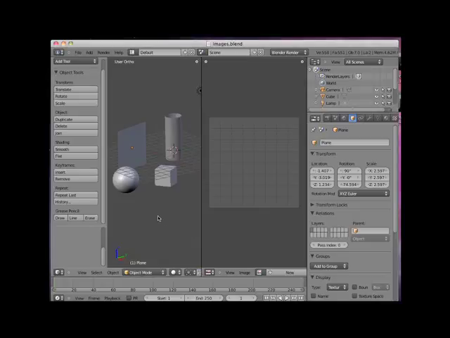Hi, welcome to this Blender video tutorial entitled Image Textures. There are two general types of textures in Blender, procedural textures and image textures. A procedural texture is an internal mathematically generated texture, and an image texture is an external image mapped to the